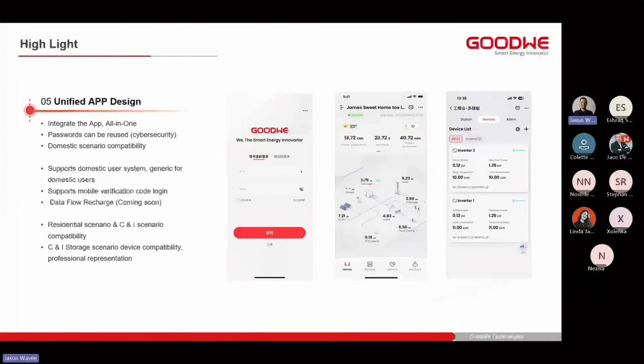We have got a residential scenario and CNI scenario compatibility. So we'll show you the two looks of two different plants, one a CNI plant and one a residential plant. The second picture on the right-hand side gives a really nice indication of a CNI plant where we've got everything all in one. So we've got our diesel generator connected, our solar panels, our inverter, the grid, and then the load side of things, our GoodWe heat pumps, the EV chargers, our physical loads being connected,